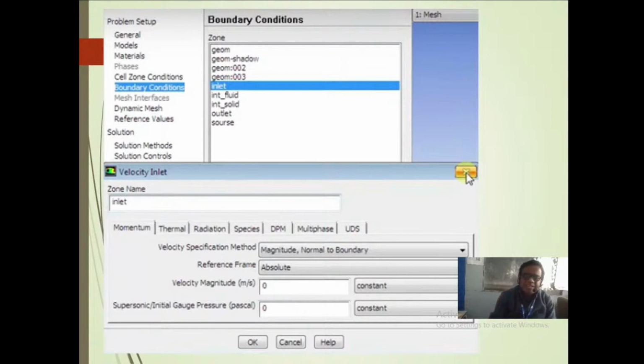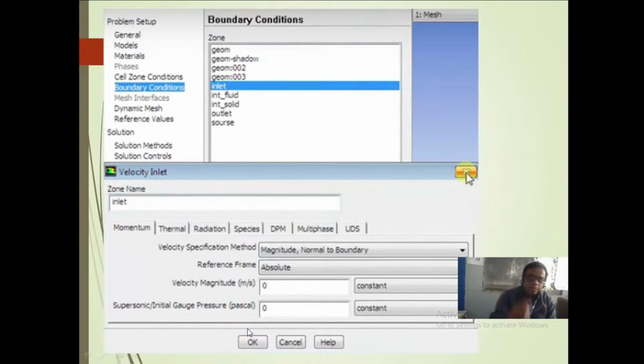Boundary condition is one of the important steps, where you decide what type of inlet there will be. If you click on inlet, you can see velocity is given and pressure is also given. If you are solving any kind of thermal problem, then if you click on thermal, it will ask for temperature, heat transfer coefficient, and many more options.